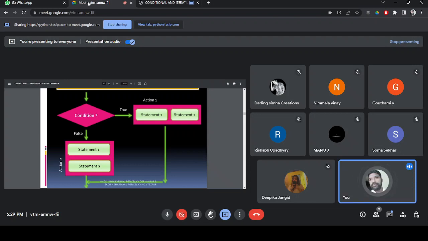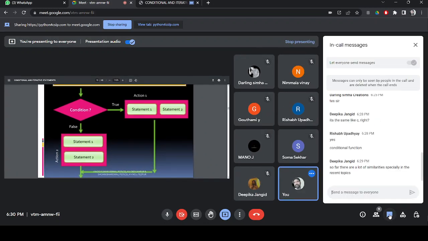Yes, Deepika, you are right. Could you please explain the similarity? Deepika, it will be helpful for others as well. Deepika, could you please elaborate the message that you are saying?